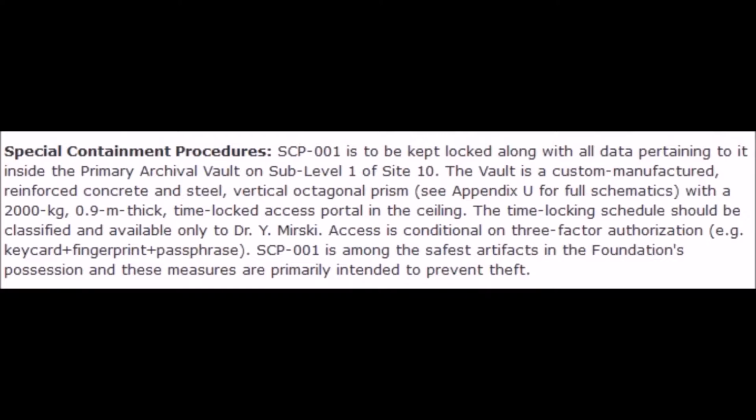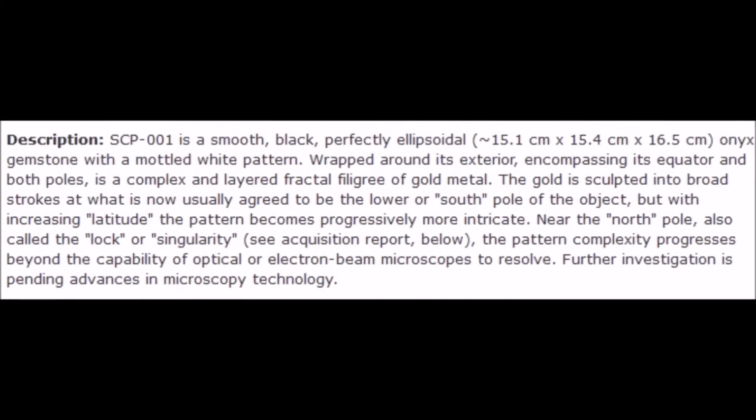SCP-001 is among the safest artifacts in the Foundation's possession, and these measures are primarily intended to prevent theft. Description: SCP-001 is a smooth black perfectly ellipsoidal, 15.1 cm by 15.4 cm by 16.5 cm, onyx gemstone with a mottled white pattern. Wrapped around its exterior, encompassing its equator and both poles, is a complex and layered fractal filigree of